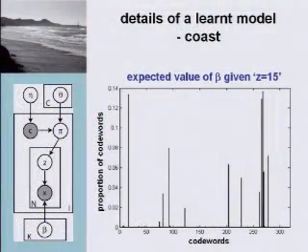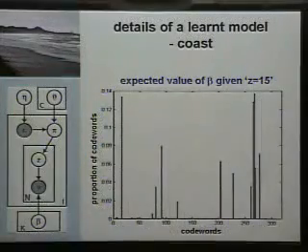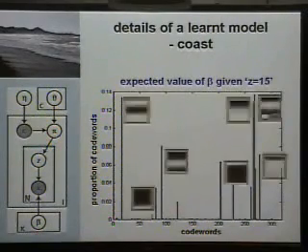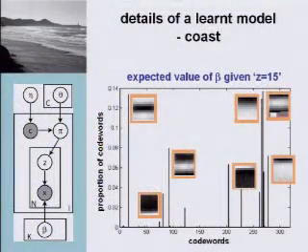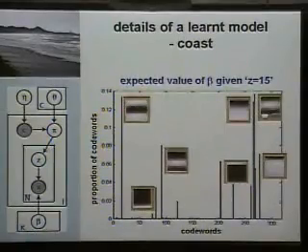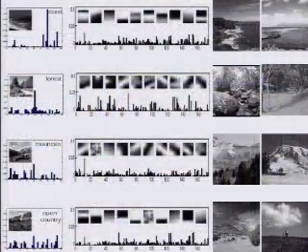Okay, so how about theme number 15, that's the second most prominent intermediate level theme. This is a little more interesting than the spike we got. And if you look at all the patches that have code words with significant probability weight, you'll see there are various forms of horizontal structures, and even though they're different, they all give you the sense that this particular class of things has a lot of horizontal structure.